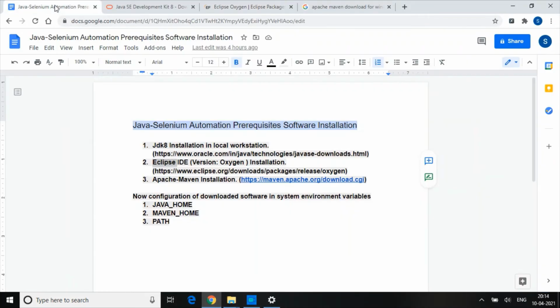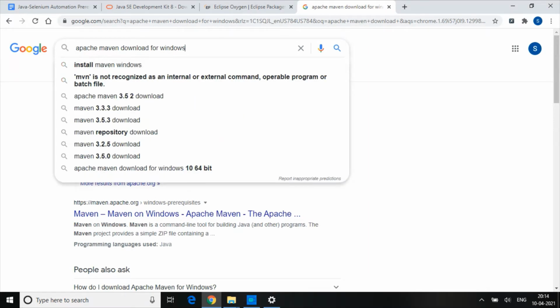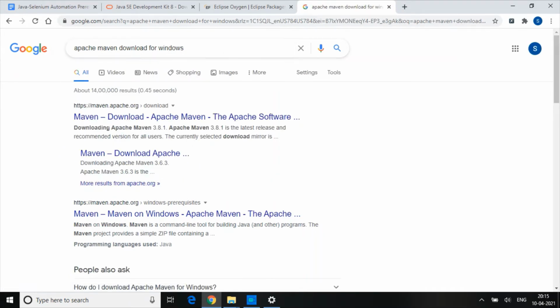In the same way, let's move to step 3, the Apache Maven installer. We will discuss when and why we are going to use this software later. For now, we are just downloading and installing. Once we type Apache Maven download for Windows, the first link is maven.apache.org, the official site for downloading Apache Maven.